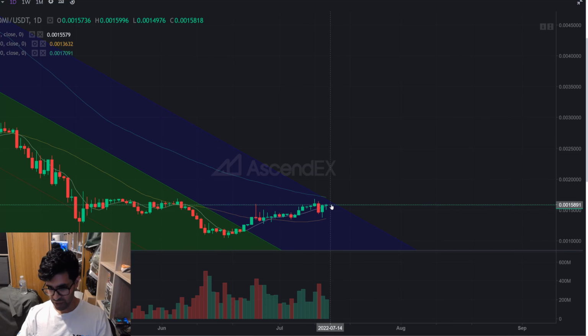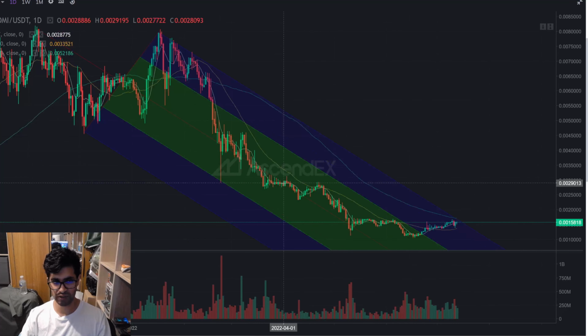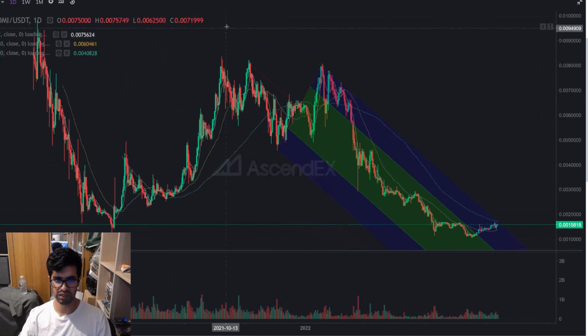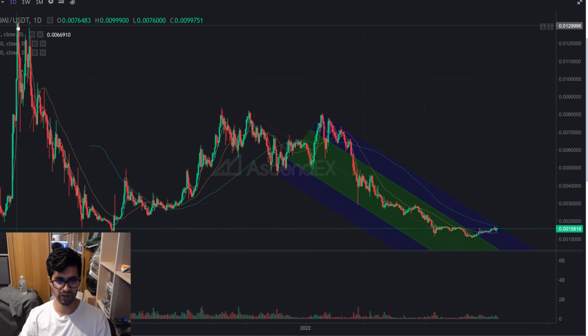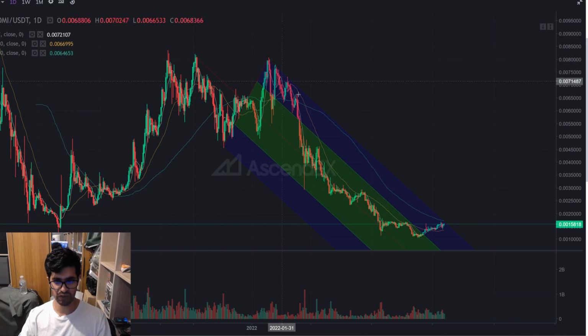It's going to be interesting, because this is the 15th, 16th of July, so probably in the next day we're going to see whether we can break out of this downwards channel. We haven't broken out of it in a very long time actually. We were probably trending above this channel back at all-time highs, in March of last year. Since then we've stayed below this downward trending zone.